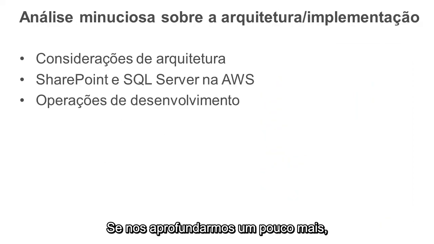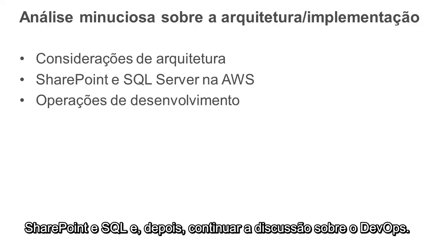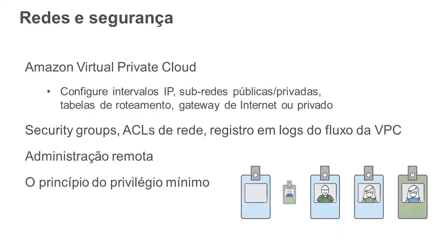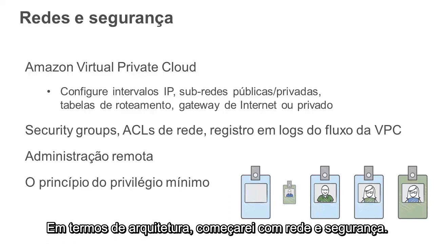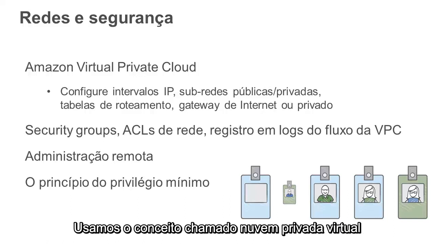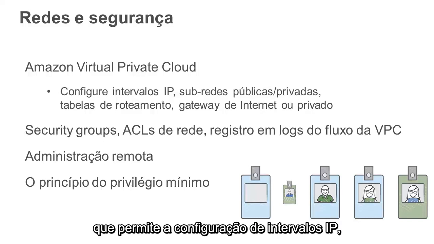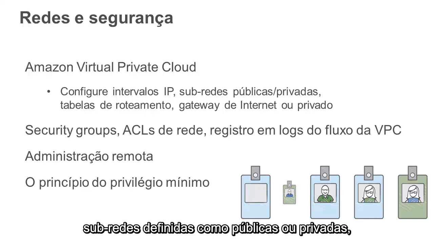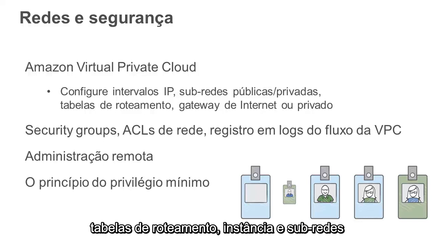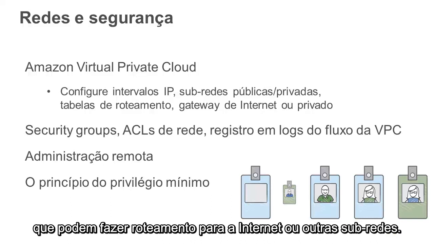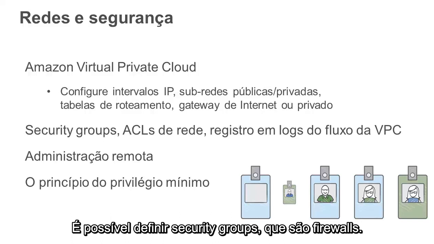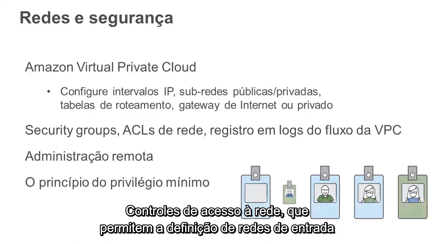Okay, so if we peel the onion back even a level deeper, I want to say a few words about architecture and SharePoint and SQL and continue the discussion of DevOps. So in terms of architecture, I'll start with networking and security. We're using this concept called the virtual private cloud that allows you to configure IP ranges, subnets that are defined as public or private, routing tables, which instances and which subnets are allowed to route to the internet or other subnets. You can define security groups, which are really firewalls, network access controls,